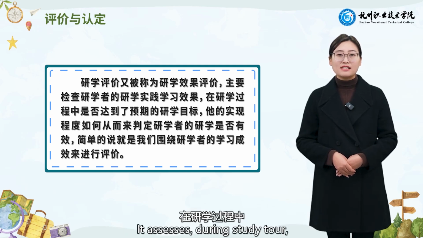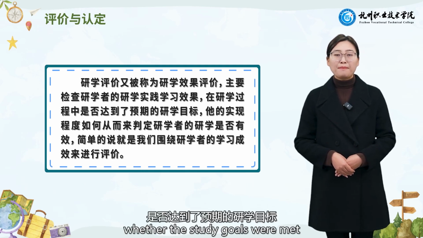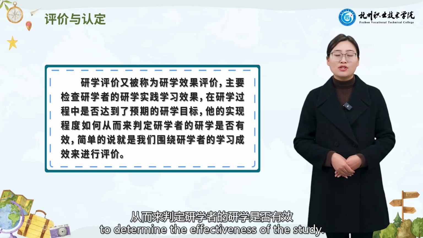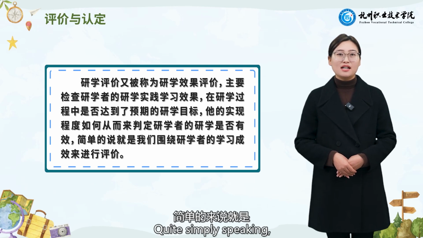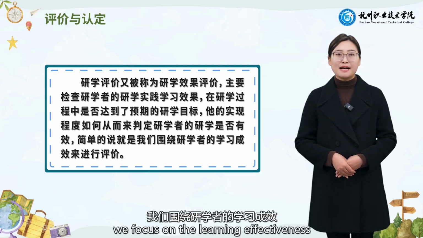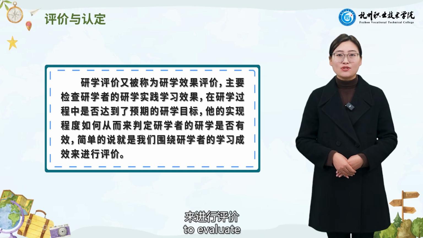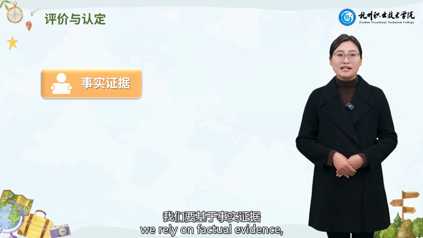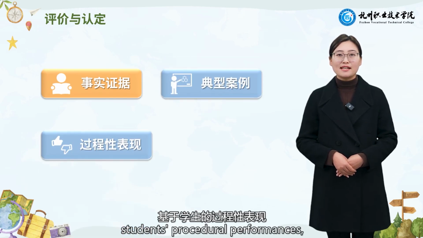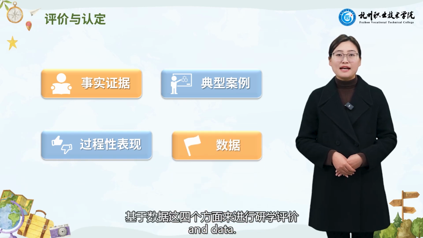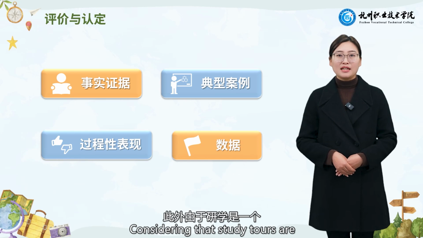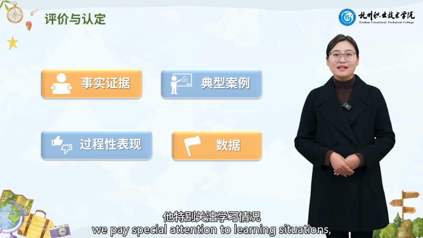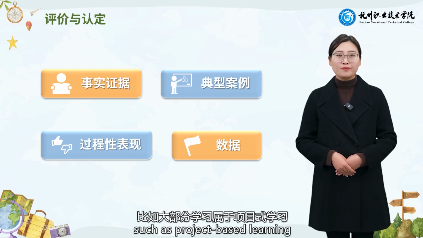It assesses during the study tour whether the study goals were met and the extent of their achievement, to determine the effectiveness of the study. Quite simply speaking, we focus on the learning effectiveness of research scholars to evaluate. Throughout the evaluation process, we rely on factual evidence, typical cases, students' procedural performances, and data. Considering the study tours are experiential learning processes, we pay special attention to learning situations such as project-based learning and